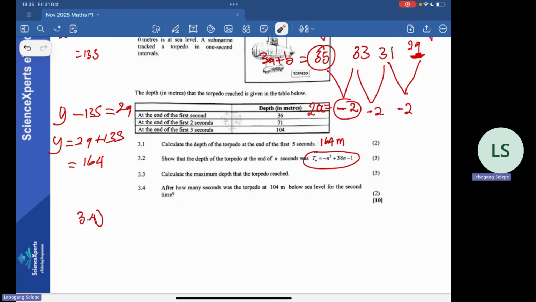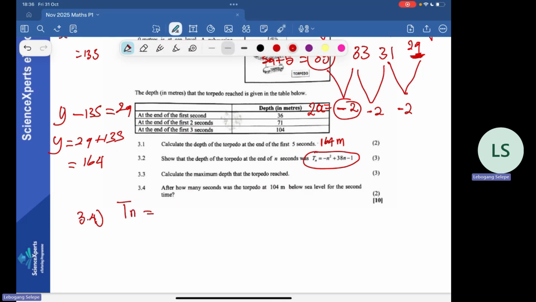So we wouldn't be surprised when they say that it reaches 104 meters for the second time. What we have to do is equate the pattern to 104 and find the times. And we are expecting that one of the times is 3 seconds. If I solve this pattern and 3 seconds is not one of my solutions, then my answer is going to be wrong, right? So I'm going to say that Tn